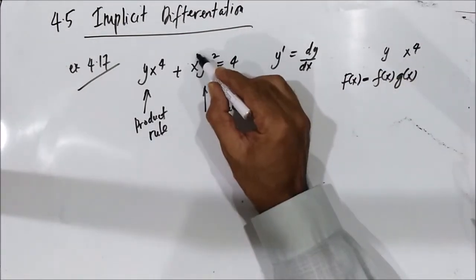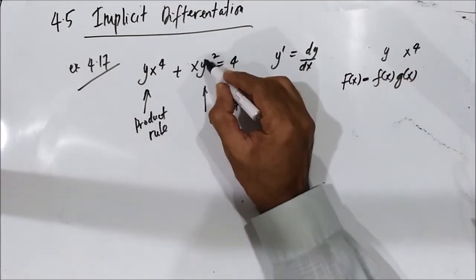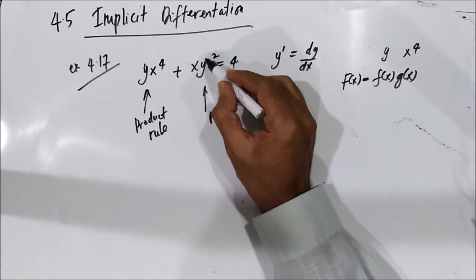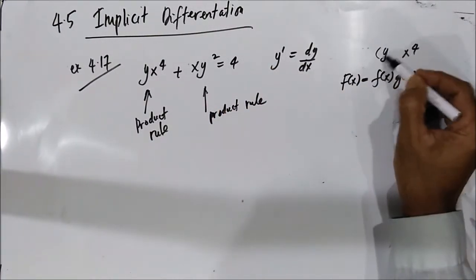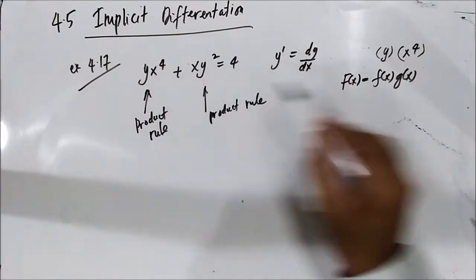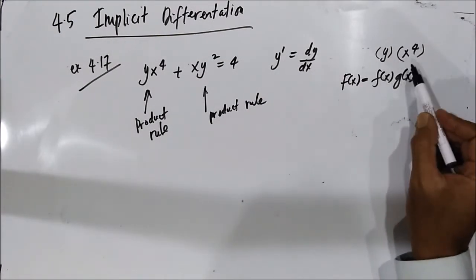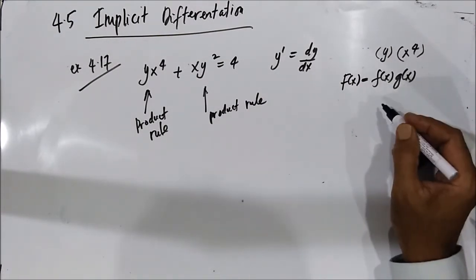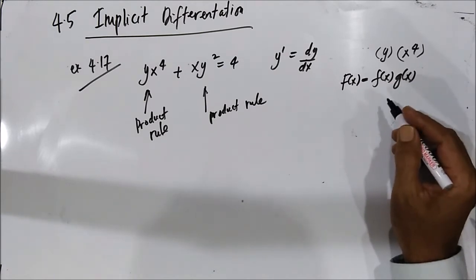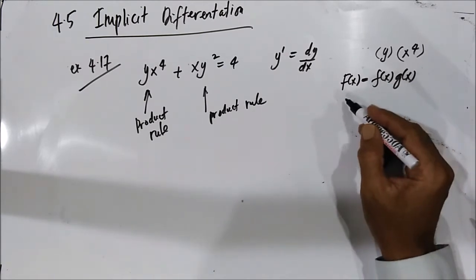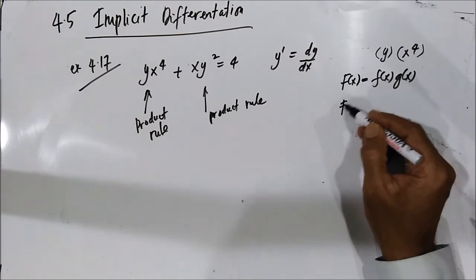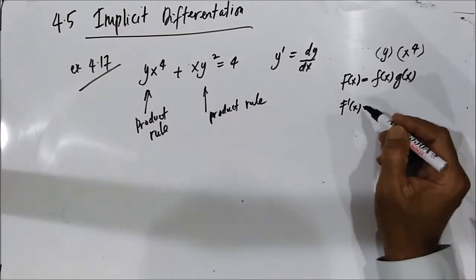This one is f(x), and this one is g(x). So f(x) is y, g(x) is x^4. If you apply this product rule, the differentiation of this, or f prime x, is equal to